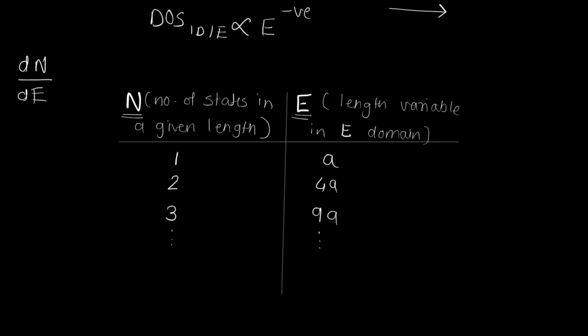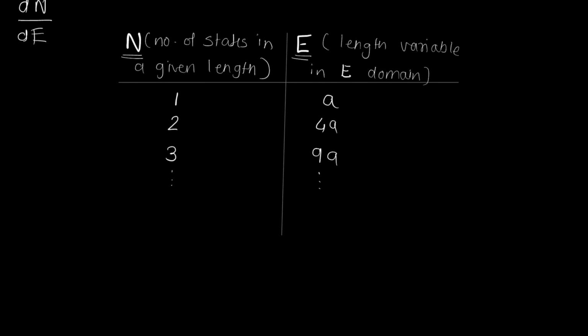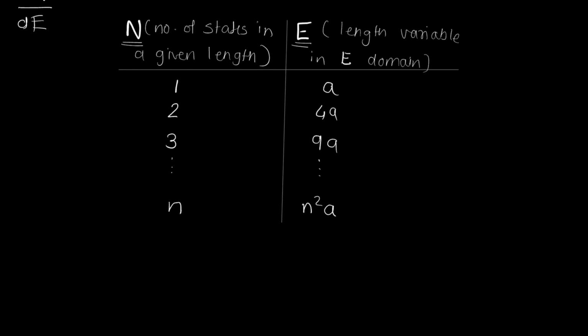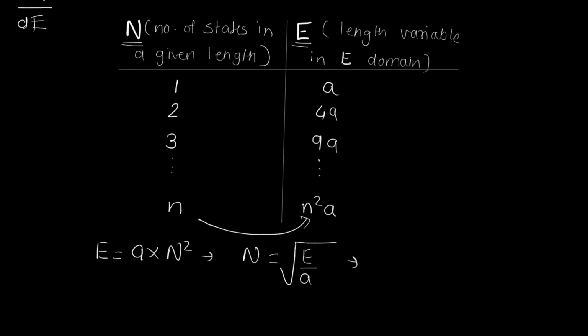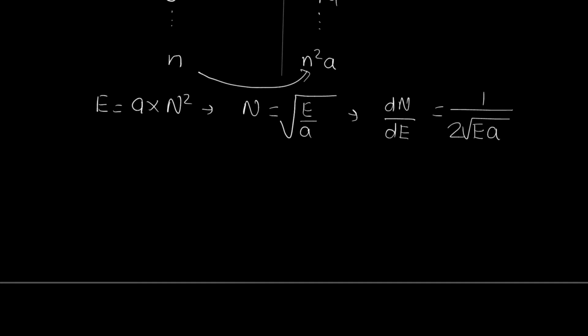Now again there is a relation forming between N and E. So when E is some N square into A, then the capital N becomes N. Or we can write down the relation as E is A into square of this N. So N square, or N is equal to root of E by A, which means dN by dE will become 1 by 2 into A. Now if I substitute the value of A in this equation, then the dN by dE will now become